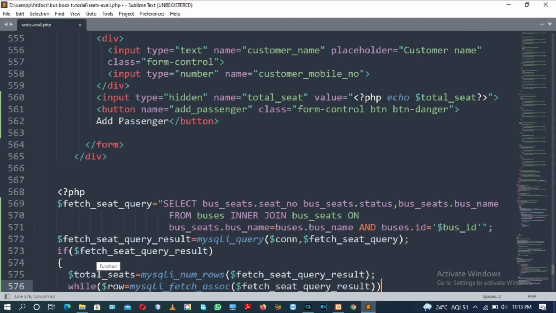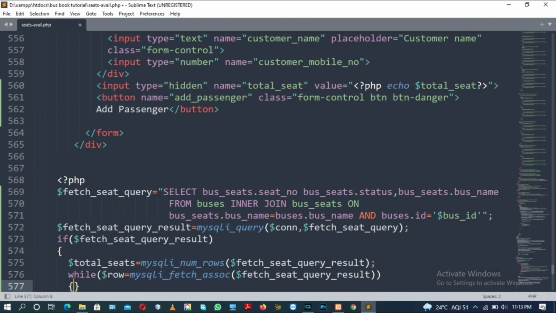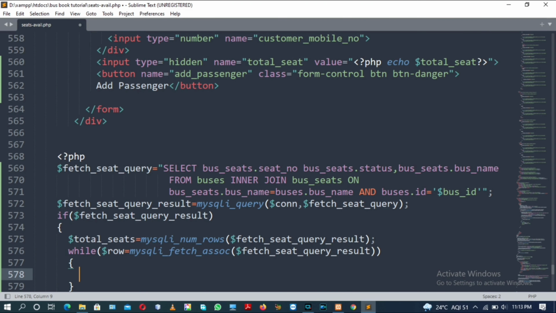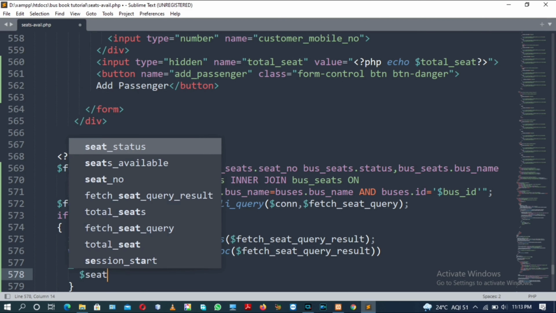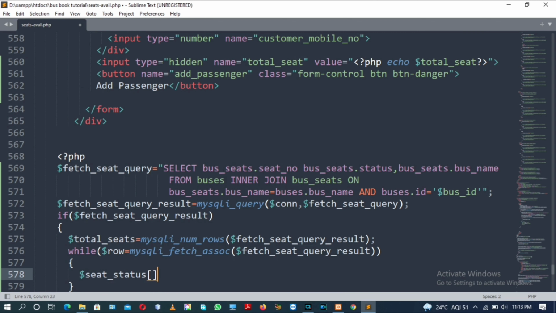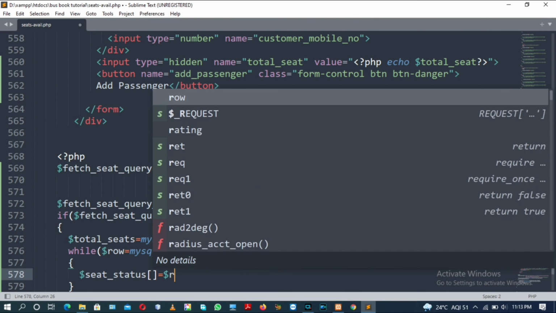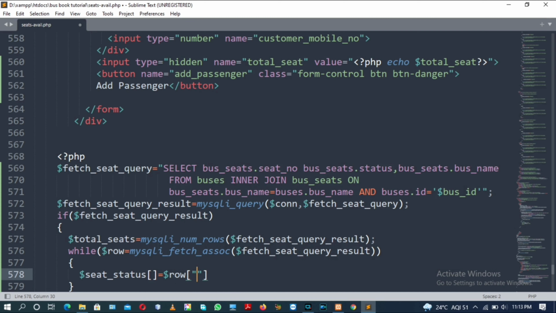The result we will assign into a variable called seat status, taken from the row variable with the index status, and the second PHP variable as an array, let me first write seat number.